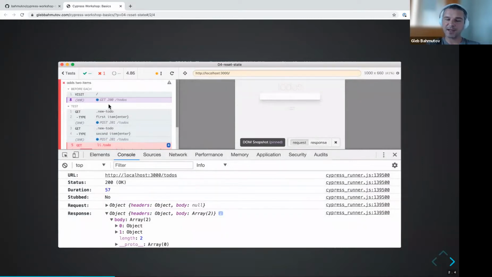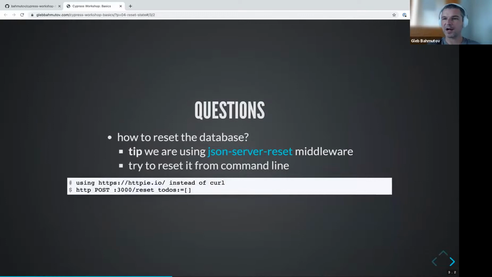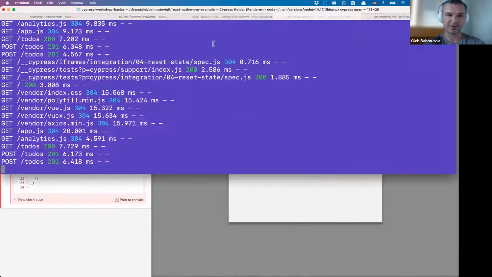Well, the application is making a GET request to to-dos. They come from the server. Okay, so this is our test. We have to somehow clear the state. We have to tell our server, hey, I don't want to do anything. So our server, when it starts, it includes a special middleware. I can execute a post request